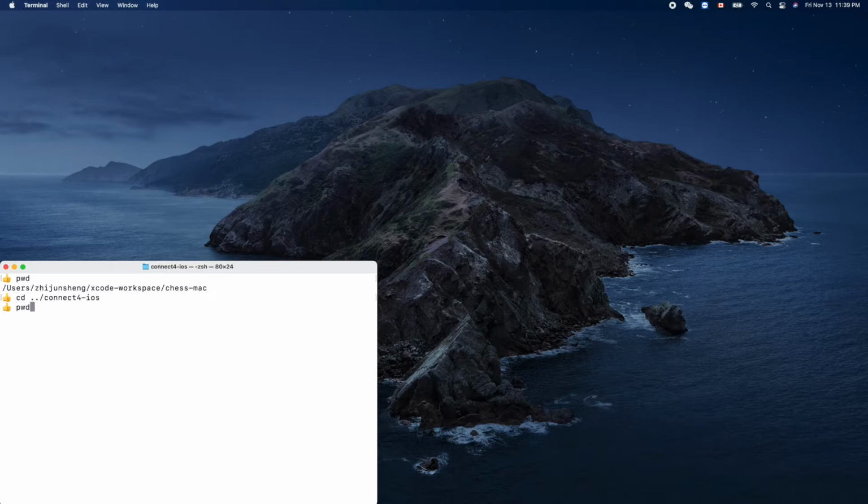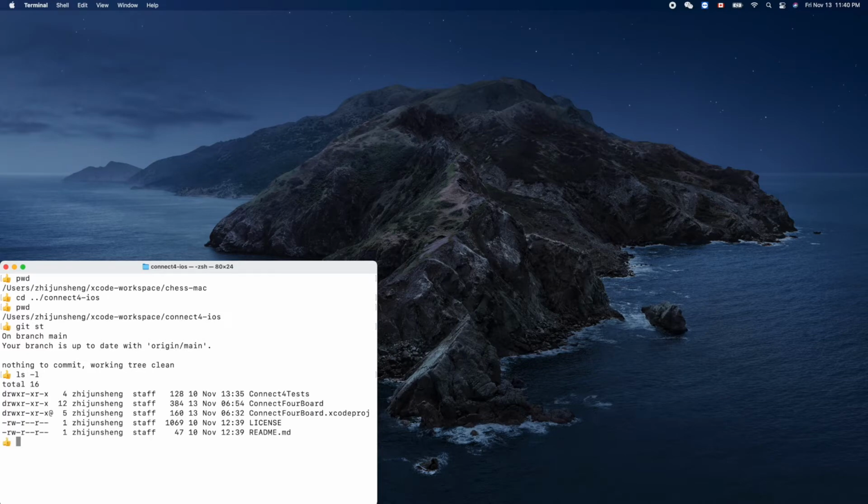And pwd, yeah, we are inside here. Git status, yeah, clean, very good. So ls -l to list all. Okay, so the middle one, the third line is our project file, so we can open